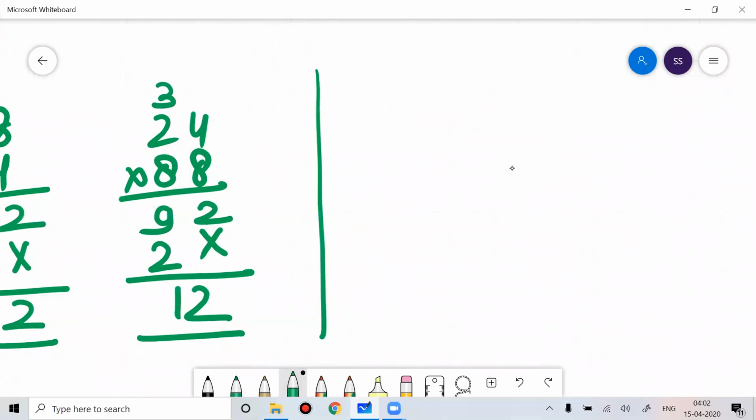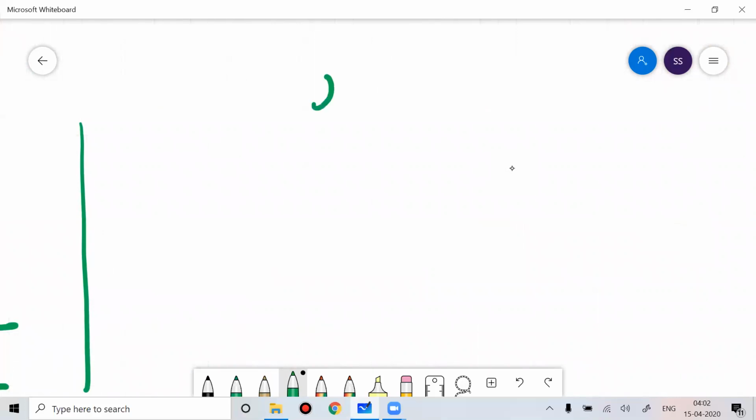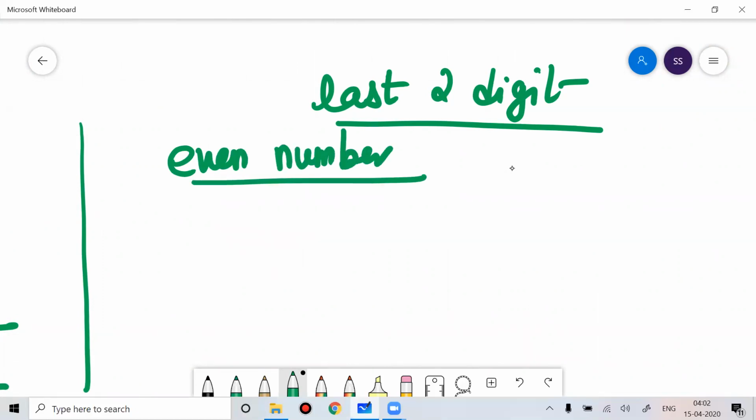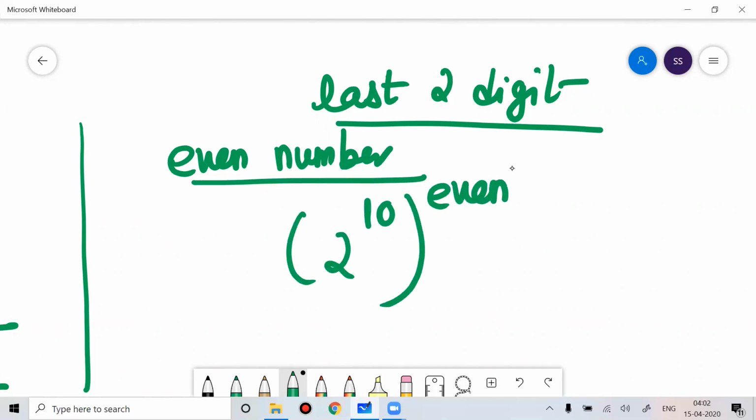So for finding the last two digits, we'll do it separately for even numbers and for odd numbers. For the even number, always remember 2 to the power 10 to the power even. Whenever you get an even number, we express it in the form of 2 to the power 10. So 2 to the power 10 to the power even will give you the value 76,